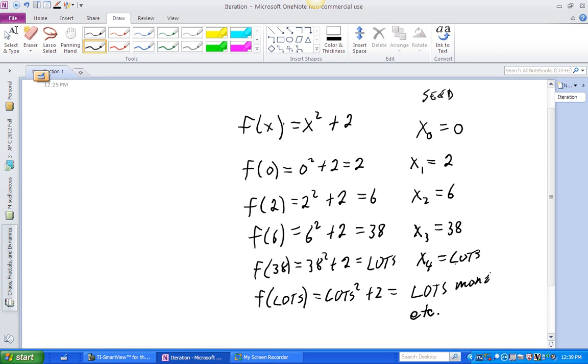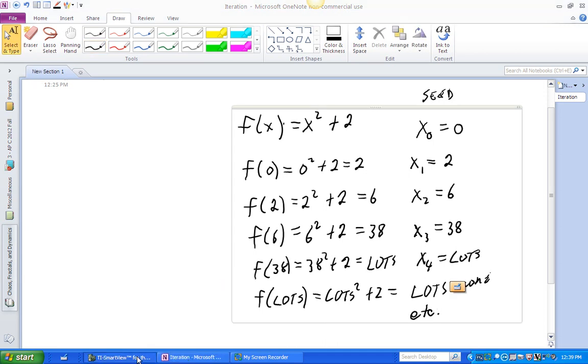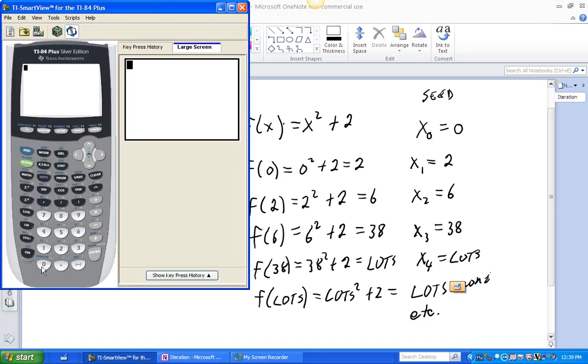Let's take a look at this iteration on your TI Smart View to see how we would do it on the calculator. Here's our little Smart View, and the way you do the calculator is pretty easy. You plug in 0 for x, so you put 0, enter. That's your starting number, your seed. Then we're going to put in